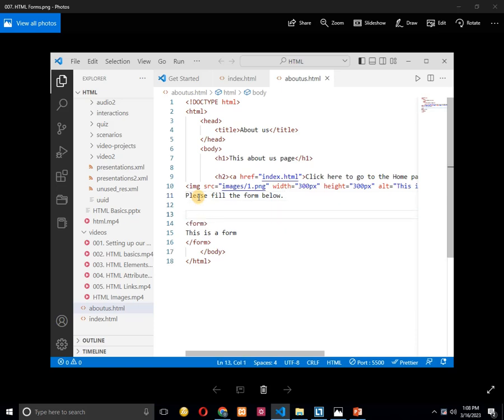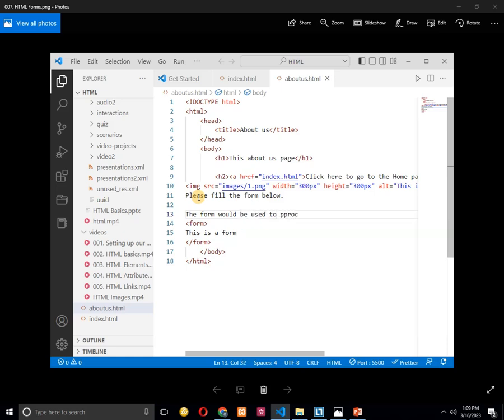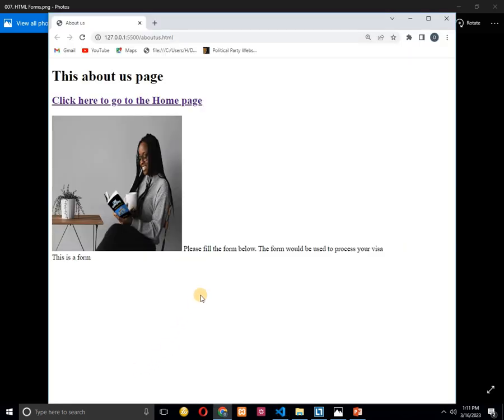Then I want to have another text below this. The form will be used to process your visa. So when we preview the text or our website in the live server,